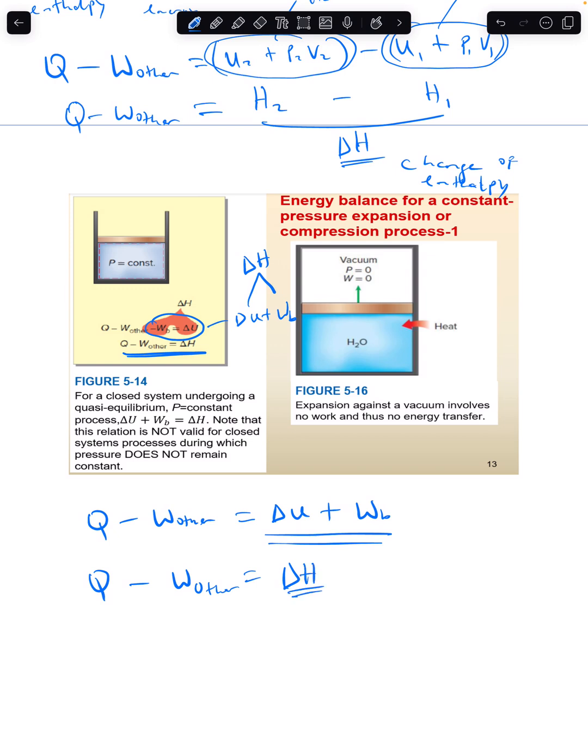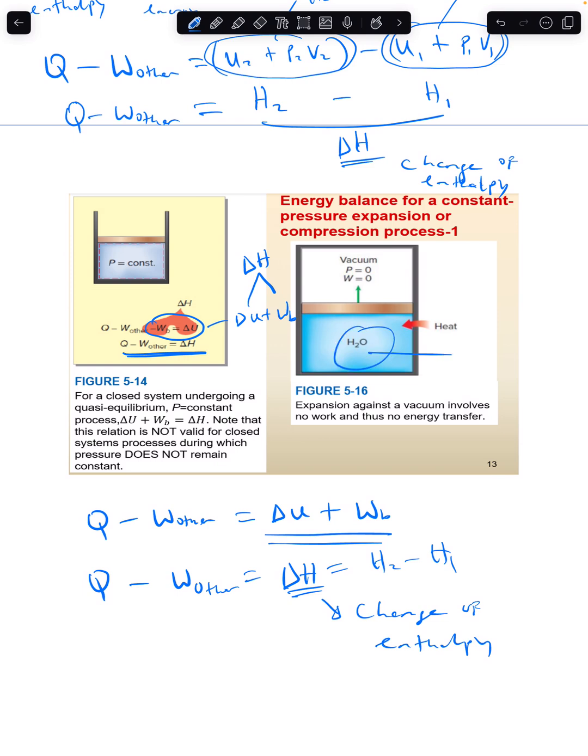Change of enthalpy, which is equal to what? H2 minus H1. And we can go back to chapter 4 by using the property table, because we have to be able